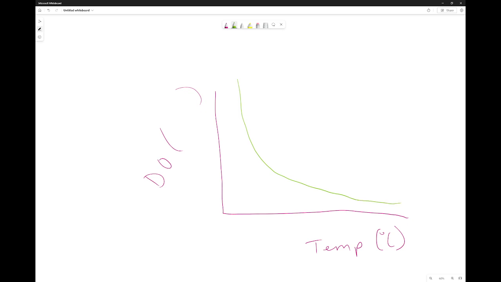It slowly approaches zero. So what we're saying here is that as temperature increases, the level of dissolved oxygen will decrease. So it's inversely proportional. So what's happening, as the water increases in temperature, we know that increases in kinetic energy, allowing the water